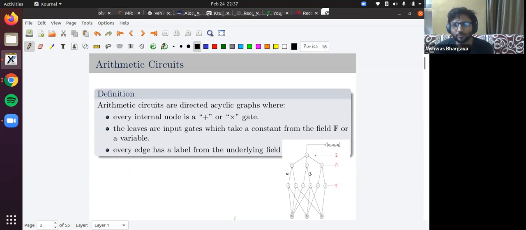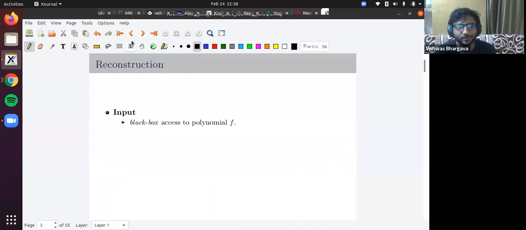As it turns out, you can actually layer your addition and multiplication gates alternatively. So for instance, you can have a sigma layer followed by a pi layer followed by a sigma layer. It will be relevant for the talk to have a notion of depth of a circuit. The depth of a circuit is the same as the depth of this DAG. So here the depth is 3. If you look at this circuit, it computes sums of products of linear forms. So it will compute polynomials which look something like this. You have a bunch of linear forms, L1, L2, L3, and then L1 prime, L2 prime, L3 prime, and so on. Okay, so this is the introduction to arithmetic circuits.